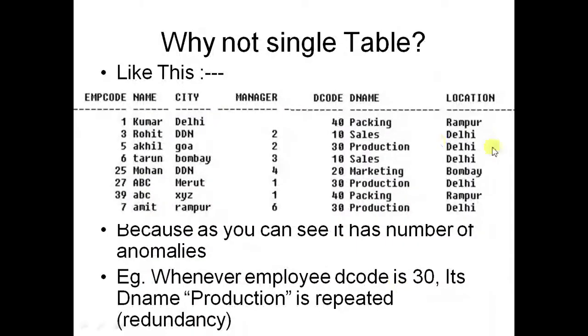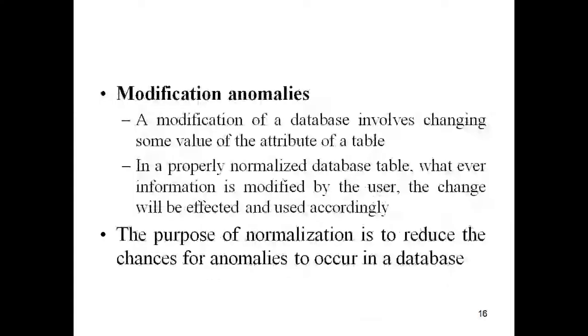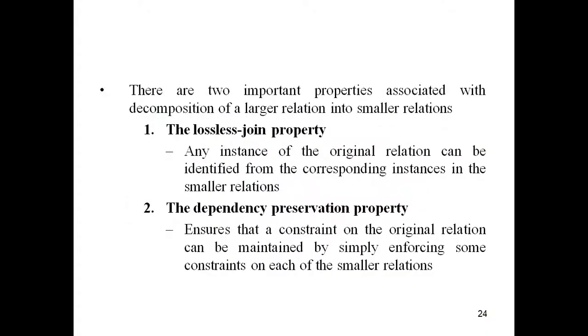The purpose of normalization is that if there is a problem in this table, break it into 2 or 3 tables. This breaking is called normalization. Now before we go into detail, the rules of normalization are that whenever you break a large table, it should have these 2 properties. Number 1, lossless, and number 2, dependency. First, what is the meaning of lossless? See, it is very easy. Lossless means if you are breaking a table into 2 tables, then whenever you try to join them, you should get the original single table records.